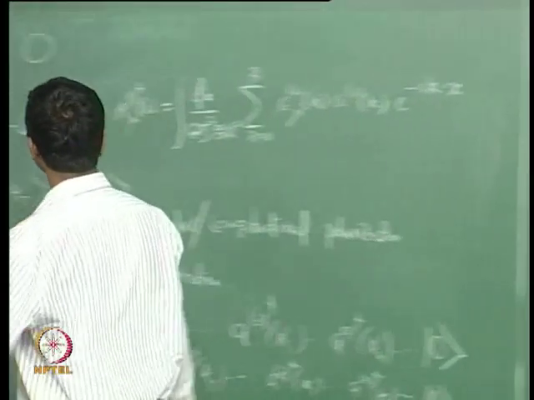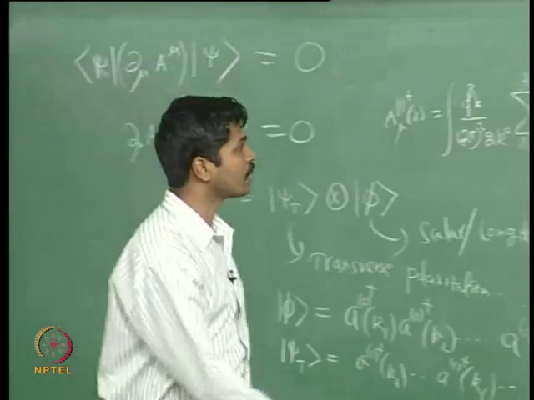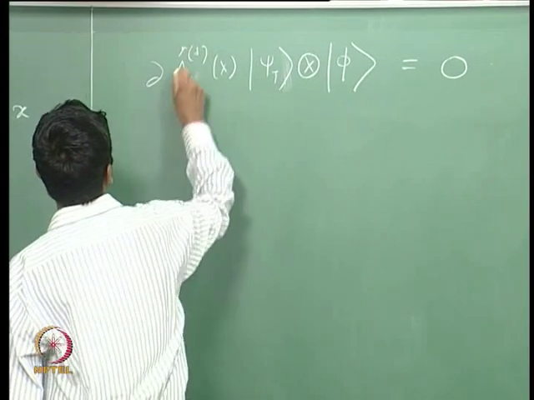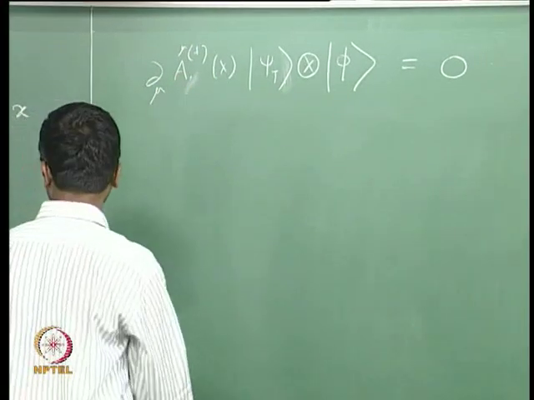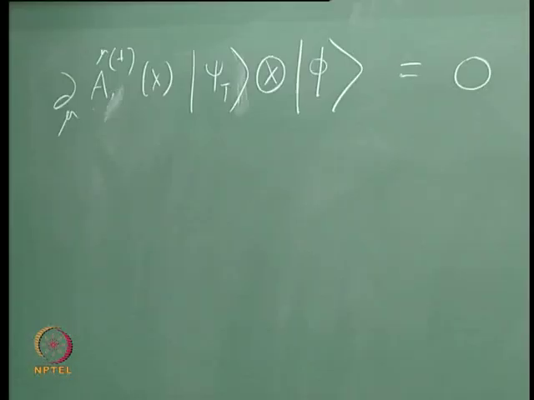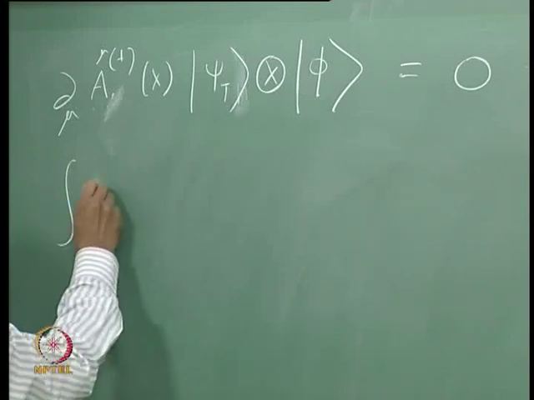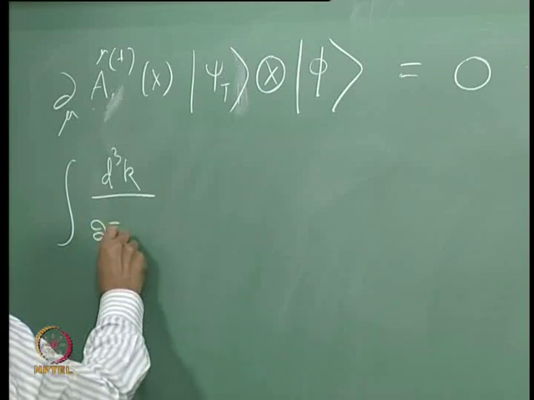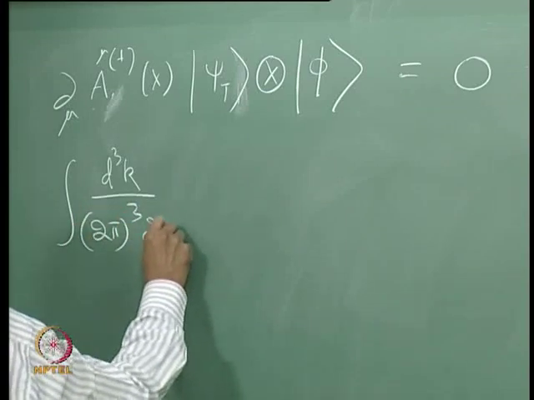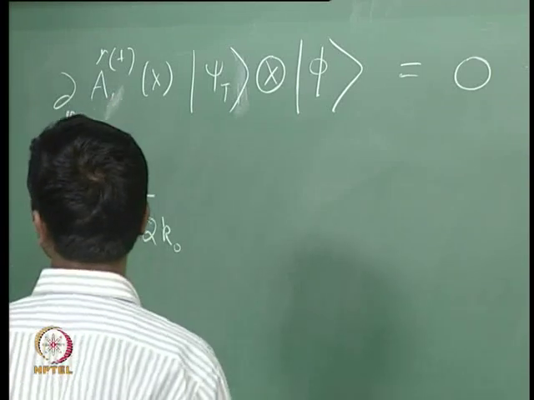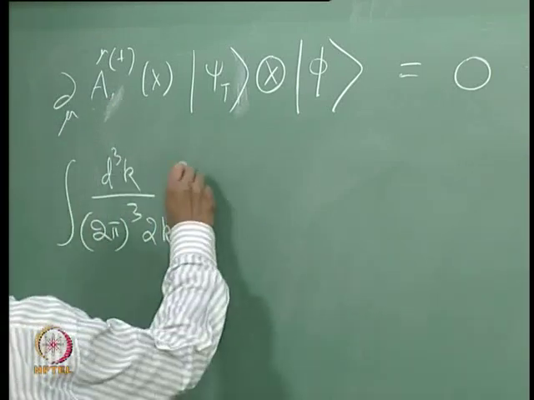There is this del mu acting on this. So, what do we get from here? As you can see, this is d cube k over 2 pi cube 2 k 0, and this derivative acting on this will give me